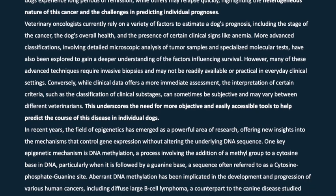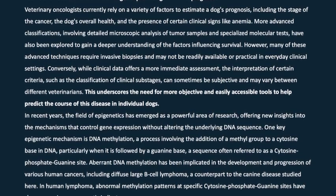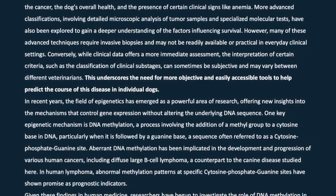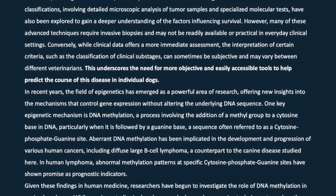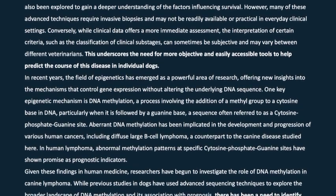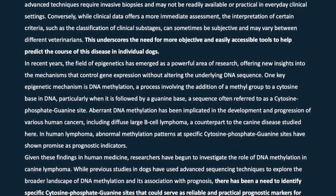However, many of these advanced techniques require invasive biopsies and may not be readily available or practical in everyday clinical settings. Conversely, while clinical data offers a more immediate assessment, the interpretation of certain criteria, such as the classification of clinical substages, can sometimes be subjective and may vary between different veterinarians. This underscores the need for more objective and easily accessible tools to help predict the course of this disease in individual dogs. In recent years, the field of epigenetics has emerged as a powerful area of research, offering new insights